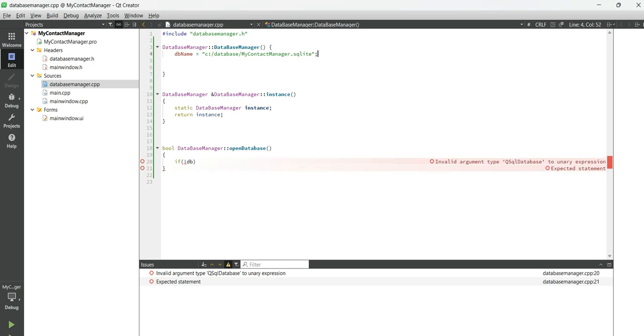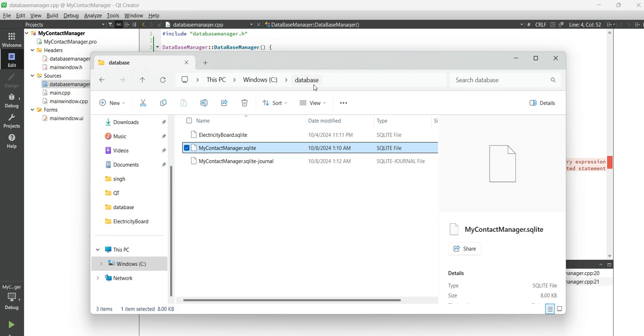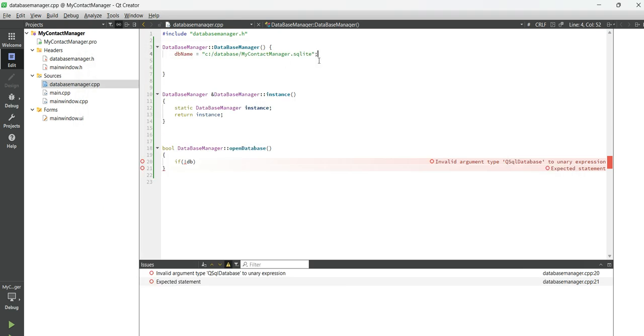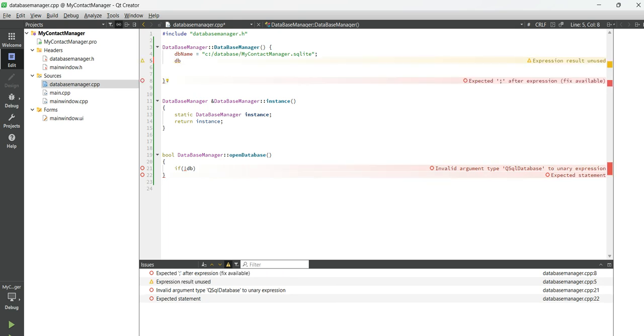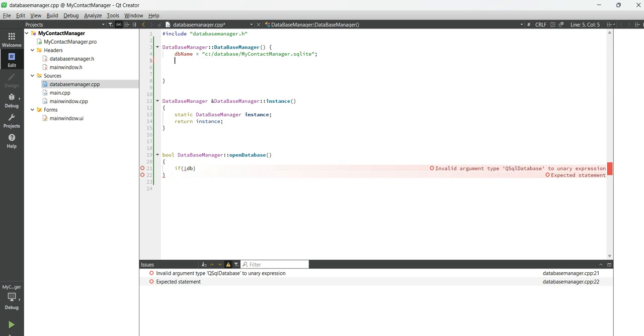My contact manager, I will make sure that the path, the database, it's only database. So database, this is the DB name. And then let's create the SQL database object we already have. Its name is DB. And then here we will say DB equal to